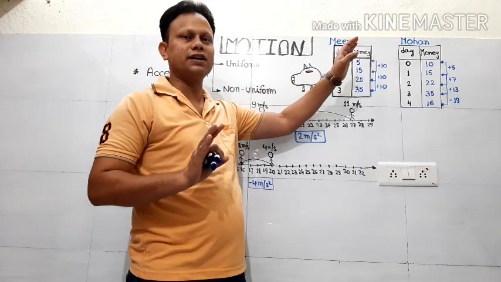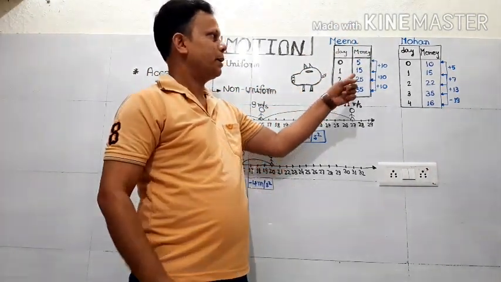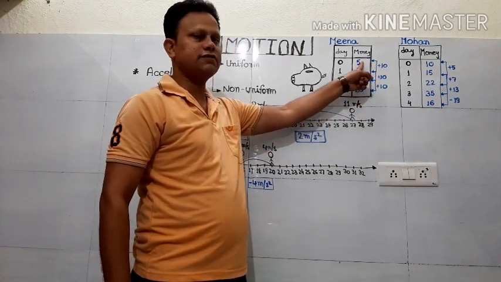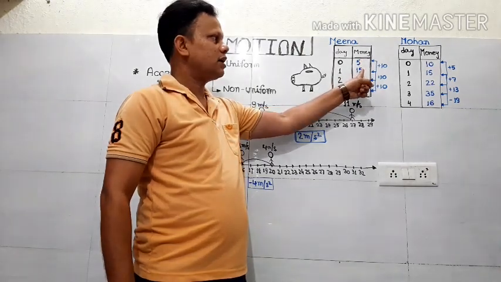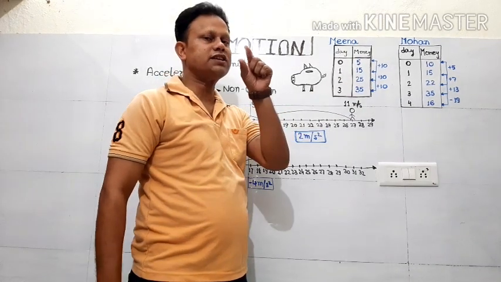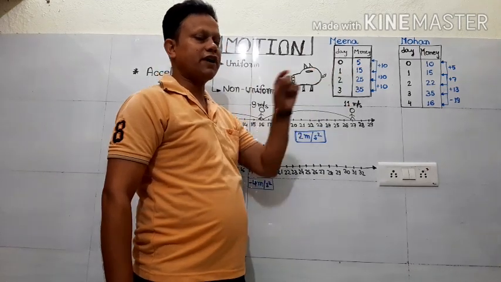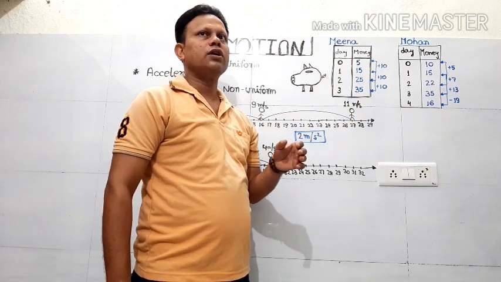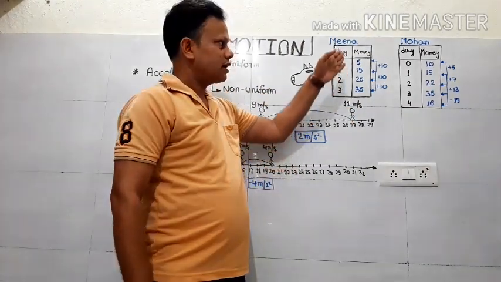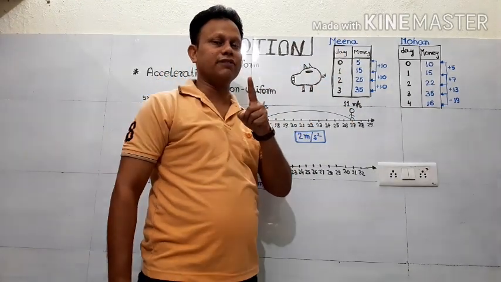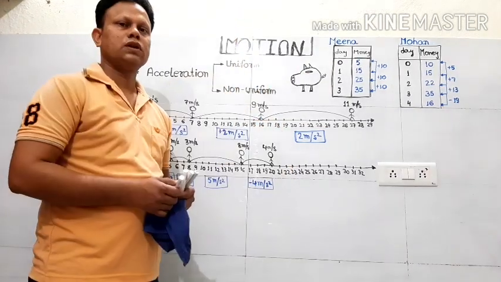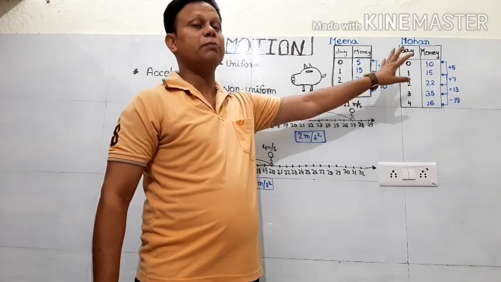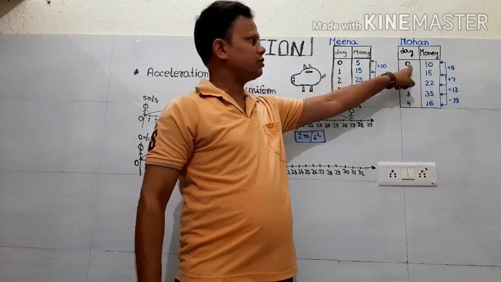Okay, fine. Means she started her deposit with 5 rupees. But every day she has increased her value by, you can see, first day 5, that means day 0, 5. Second day 15, so she has increased by 10 rupees. Then 25, again 10 rupees. Then 35, then 10 rupees. So in a similar way, you can see that she is increasing her value of money every day, but with an equal amount.